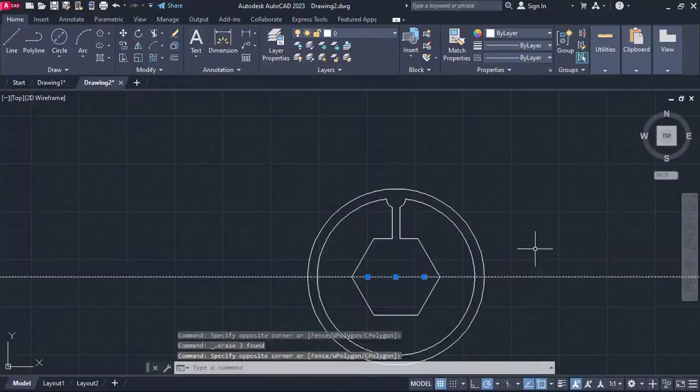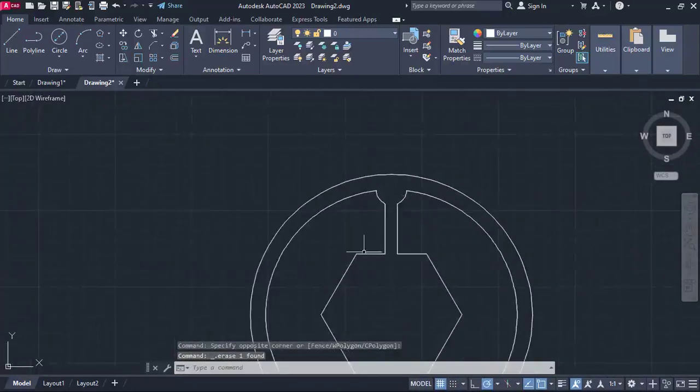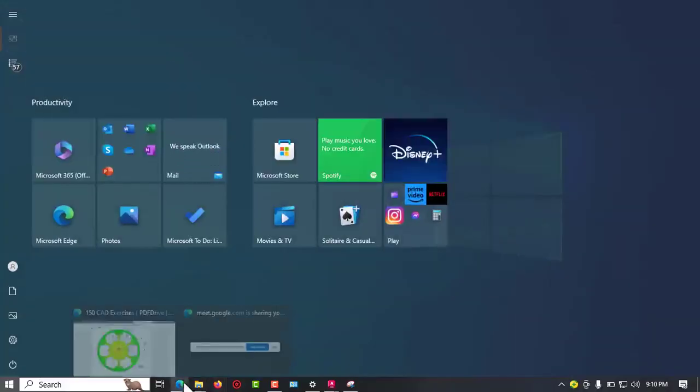All these lines, I don't need them anymore. The next part I want to get is,